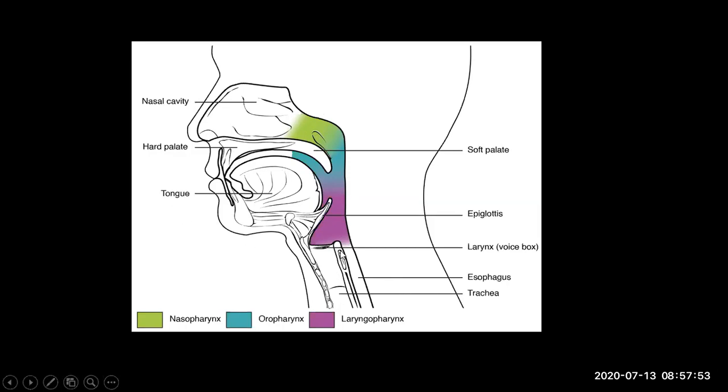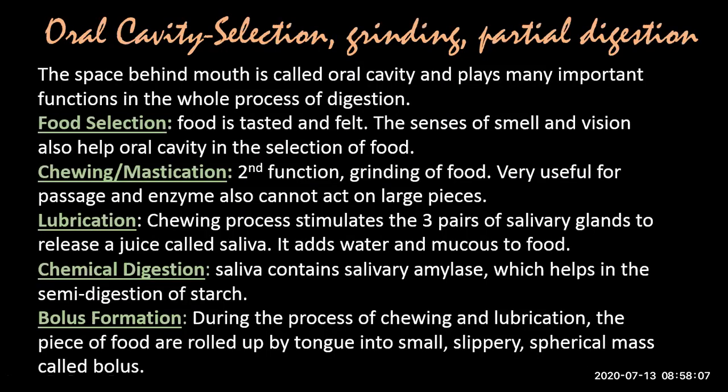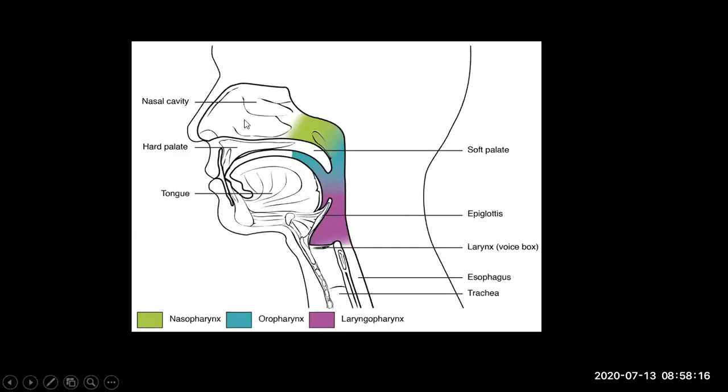And I also have told you about the esophagus and voice box and trachea and epiglottis. I will talk about this later on again. Right now I told you about the oral cavity, that the oral cavity is a space behind the mouth. I repeat, it's a space behind our mouth,